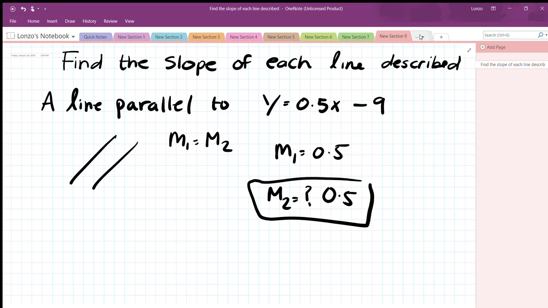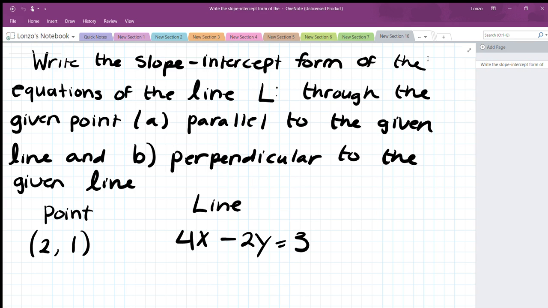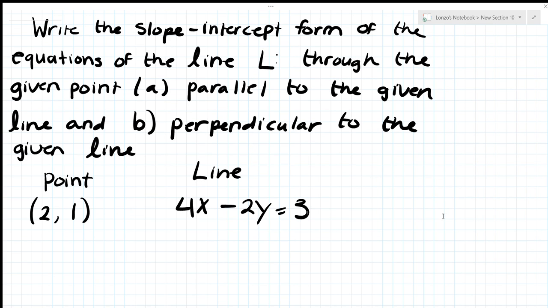So let's do section 10. Now, this one's kind of longer. The question says, write the slope intercept form of the equation of the line L through the given point A parallel to the given line, and B, we have to find the line perpendicular to the given line. So what they're asking is,